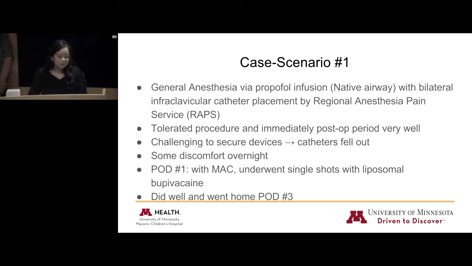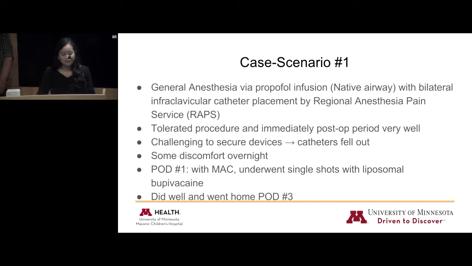However, our worst fears in terms of the catheters came to fruition. The catheters, as much as we tried to secure the devices, did eventually come out because we didn't have the right stuff to secure them to her skin, even though we were using the correct devices for EB children. She actually did okay overnight, and it's probably because of the initial deposit of local anesthetic that she